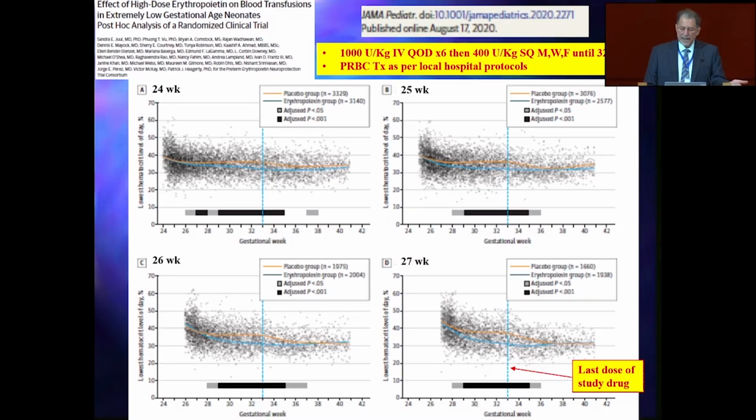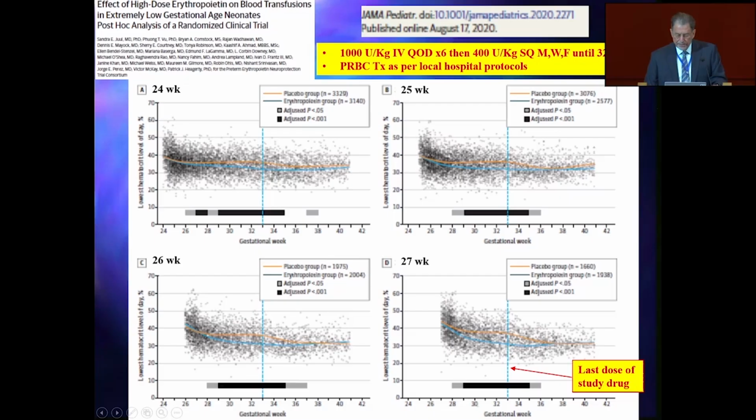and it's a second paper that came out in JAMA looking at transfusions and looking at hematocrits. In this publication, what we showed was, left to right, top to bottom, 24 weeks, 25, 26, and 27, and this was the lowest hematocrit on that day. Now, I think this is one of the problems when people do transfusion studies. What they're looking at is the average hematocrit. They're looking at